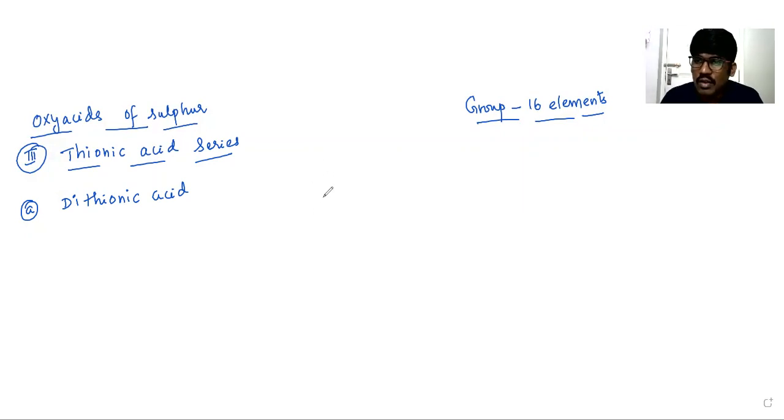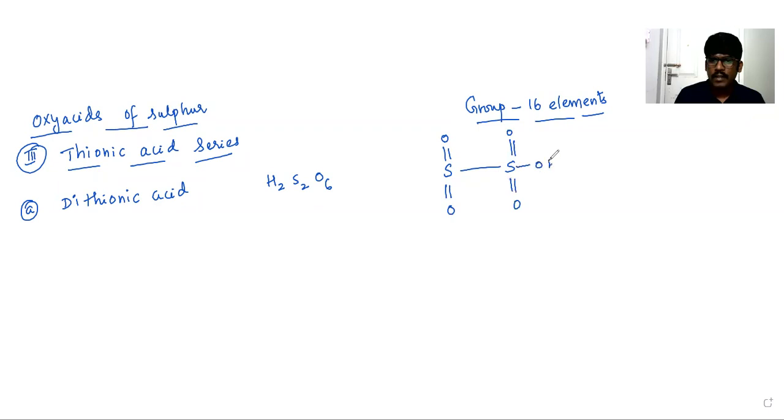H2S2O4, which is also called hyposulfurous acid. Hyposulfurous acid is H2S2O4; increase it by two oxygens, then it is dithionic acid, H2S2O6. A sulfur-sulfur linkage is there, with a double bond to O. The structure can be given. Each sulfur is forming 4 sigma bonds, hence the hybridization is sp3. Here also the hybridization is sp3.